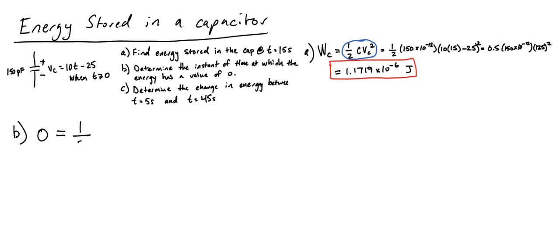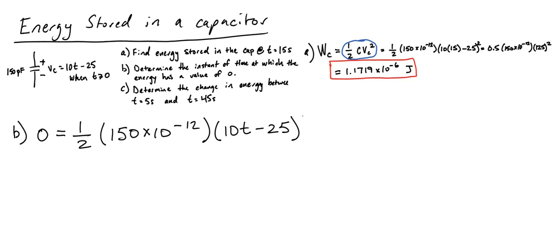And then we have 1/2 the capacitance, 150 times 10 to the negative 12, times V squared, which in this case, we're going to leave T in here. So it's 10T minus 25 squared. Okay, now we're going to solve for T. So we're going to have this term right here is going to cancel out. So we're going to have